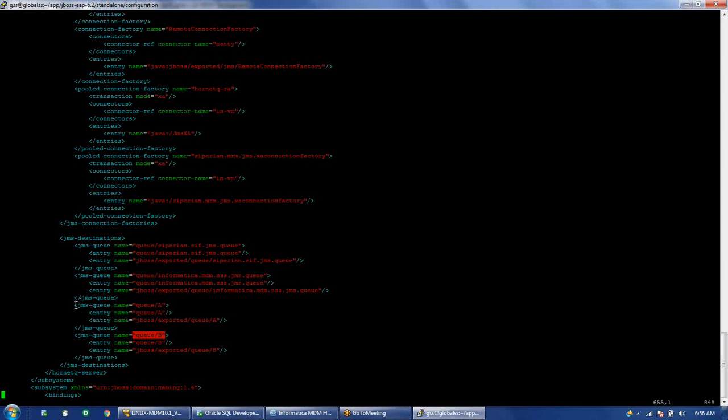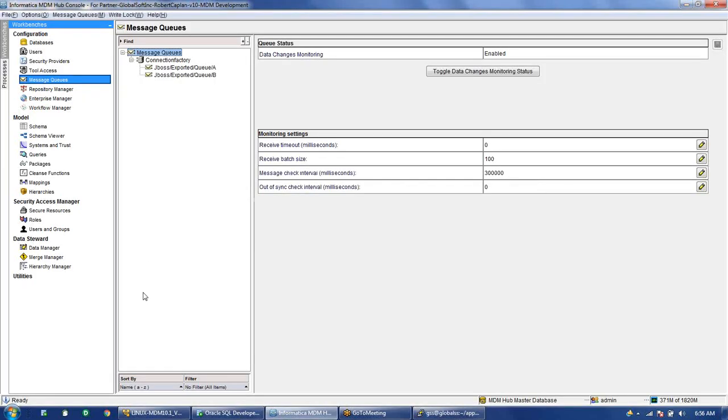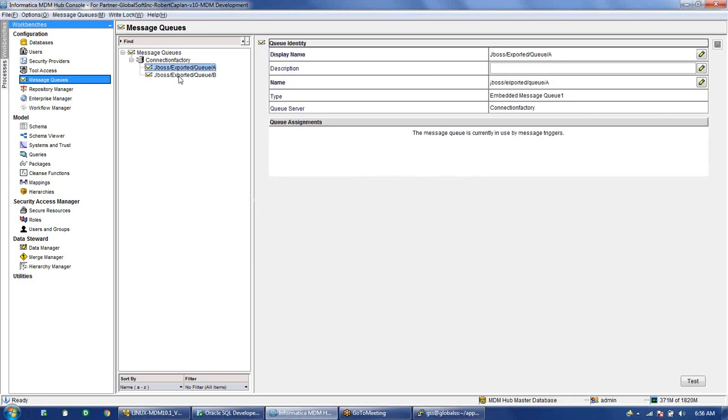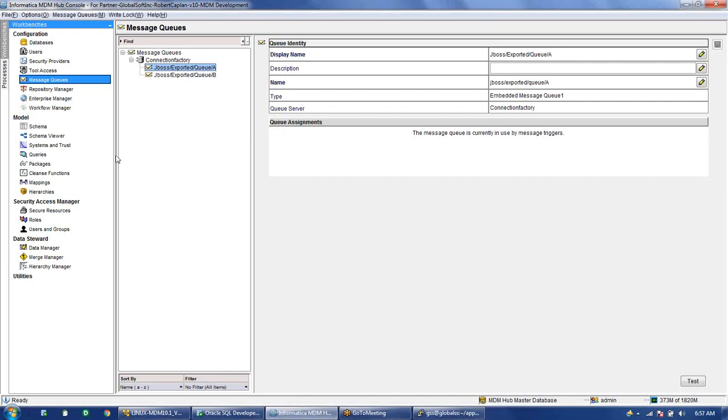So once we have created these queues, like I have created these two queues, and on the 97 box also these two queues are present. So you can use these two queues. We have to register these queues into the MDM. So we have to come back here again in the MDM console, and we have to use this name. Let me go back again here. Here the last one we have is JBoss exported q/a. So we need to use this last one. You can just copy this fully, come to the MDM console and just paste it.